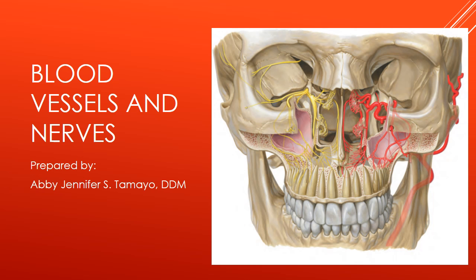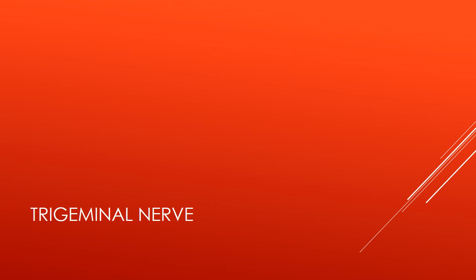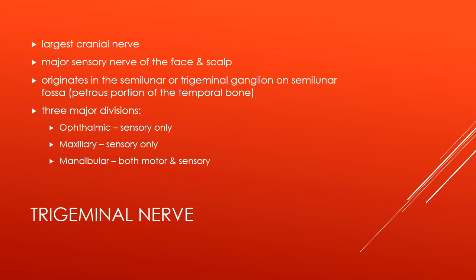What are the blood vessels and the nerves that supply and innervate the different structures in the oral cavity? The trigeminal nerve provides innervation to the different structures in the oral cavity. The trigeminal nerve, cranial nerve 5, is the largest cranial nerve and it is the major sensory nerve of the face